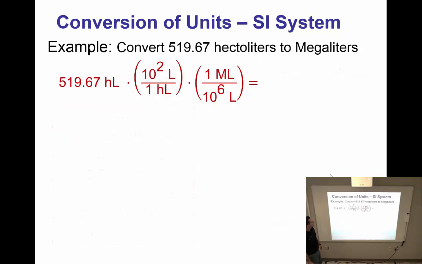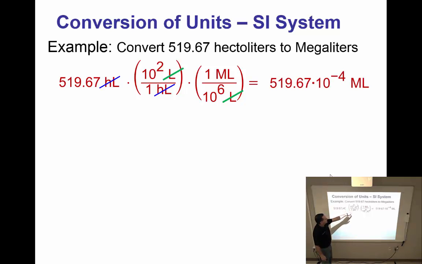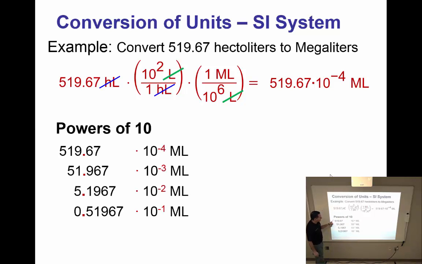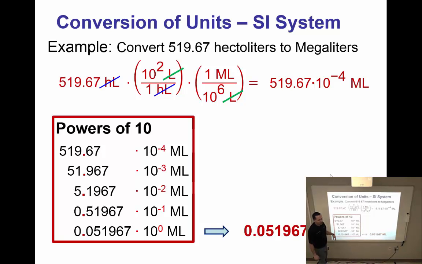Here's another example, similar. Going from hectoliters to megaliters. I'm using 2 conversion factors, which is like dimensional analysis, and we'll talk about this a little bit later in the PowerPoint. These units are going to cancel out. My liters are canceling out. 10 to the 2 divided by 10 to the 6 is 10 to the negative 4. I'm going to slide my decimal to the left 4 times based on powers of 10, and I get a conversion of